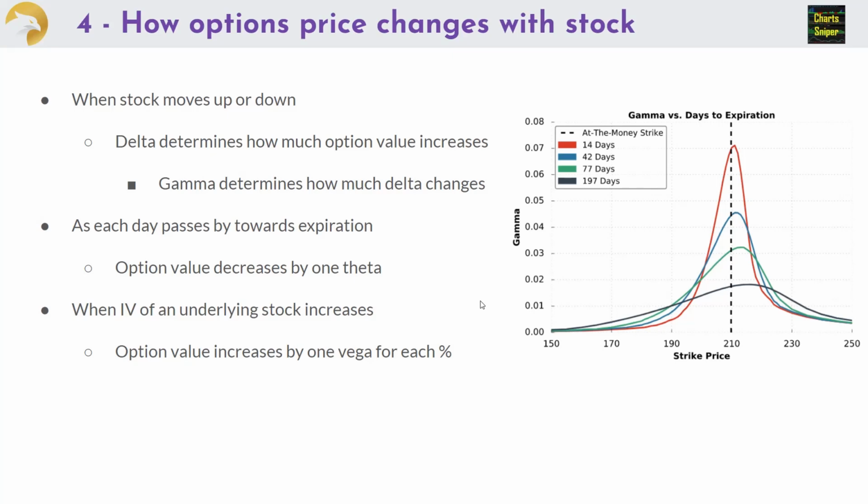Churning up all those numbers, most trading platforms provide a simple way of tracking how much an option price changes with a change in underlying price, a change in volatility, or a change in how many days are left for expiration. Delta, gamma, theta, and vega are some of the Greeks that help calculate the option price